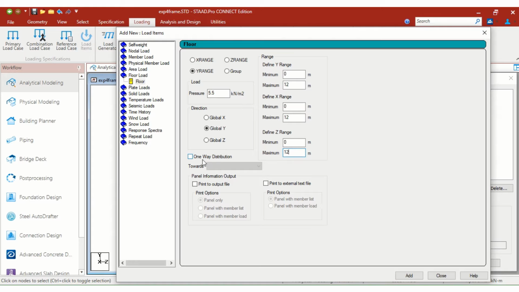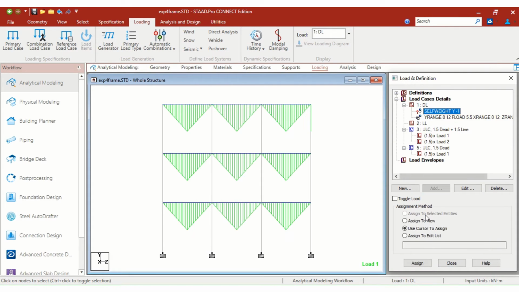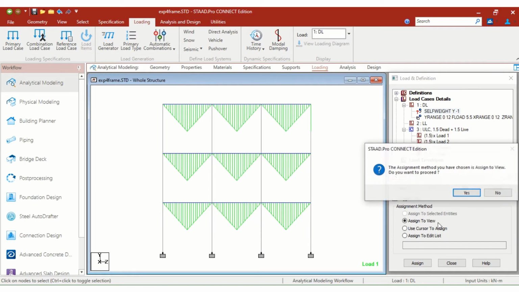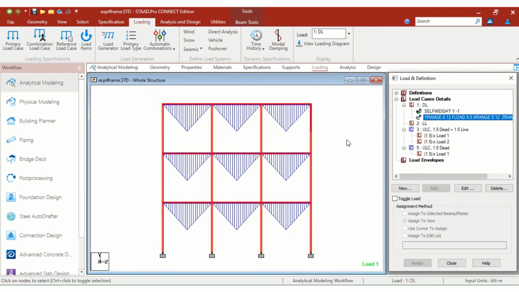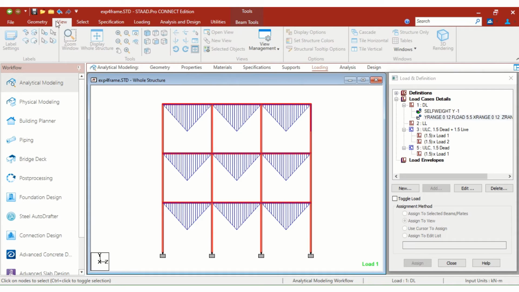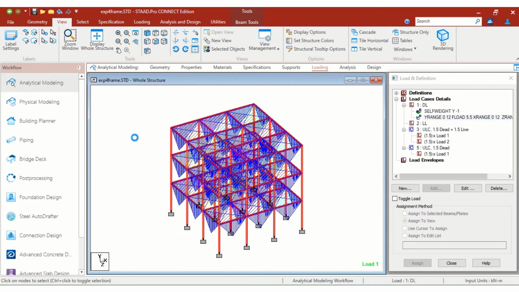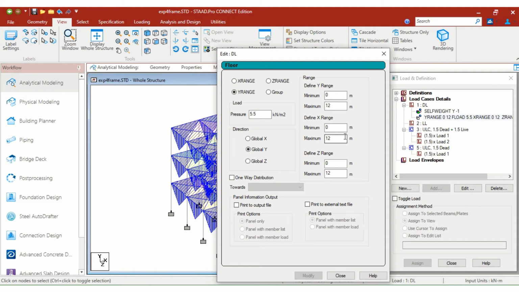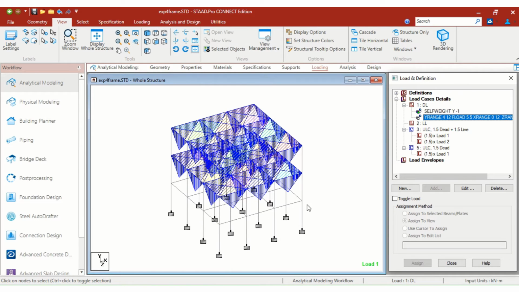If I want to force one-way distribution, I can click on this option, else I will just add it, and I will assign the self weight to all the model members. And here you can see two-way distribution, and the ground floor slabs are usually slabs resting on ground, so they don't carry any loads usually. So for that I can change my Y range. So here I have ignored the loads on the ground floor,